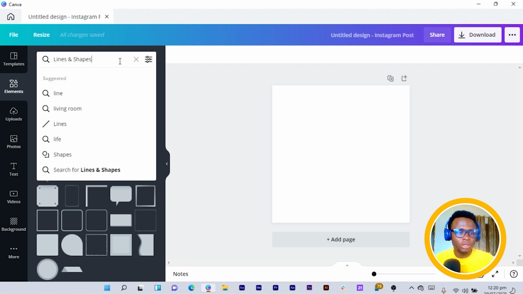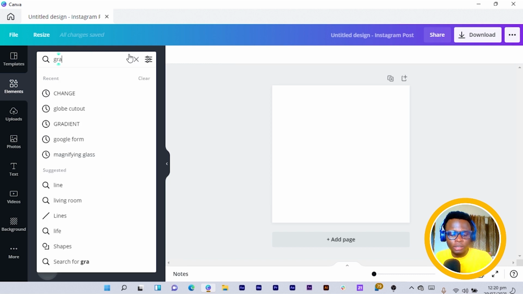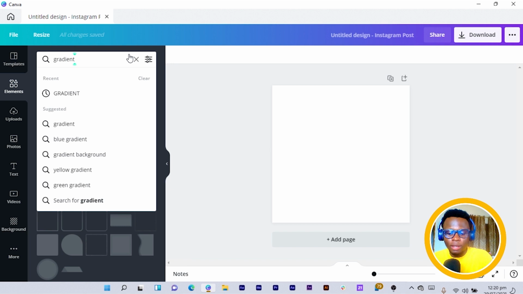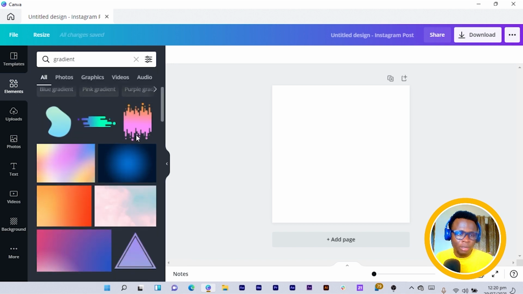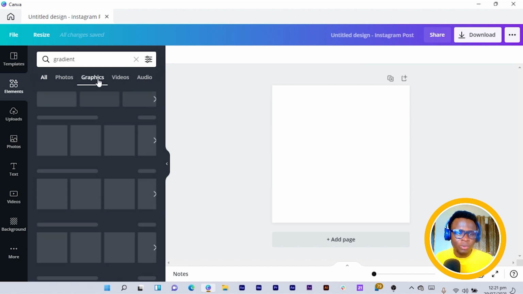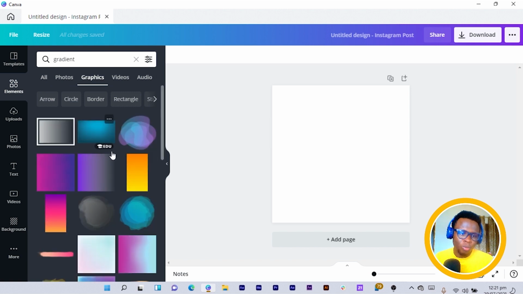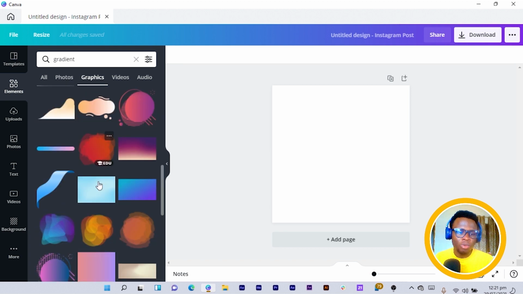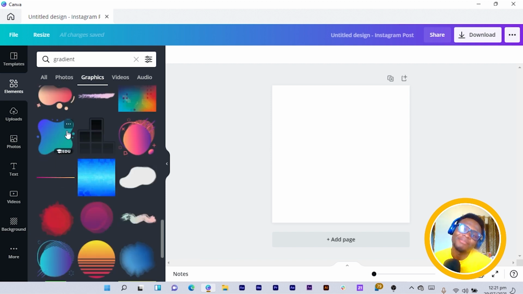So what is the first thing we are going to do? The first thing we're going to do is come into Elements. In Elements, just search for gradient. When you search for gradient, so many gradients should come up, but you have to go into the graphics. Once you go into graphics, there are other ones that would also come. I think more would pop up. Okay, so you can see, and with these ones, what we are going to use is the ones with